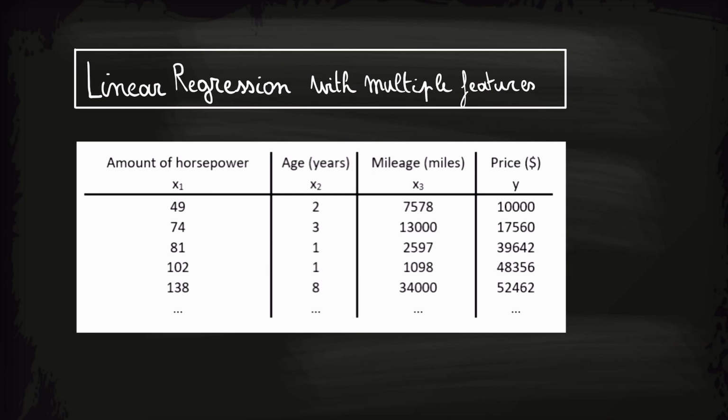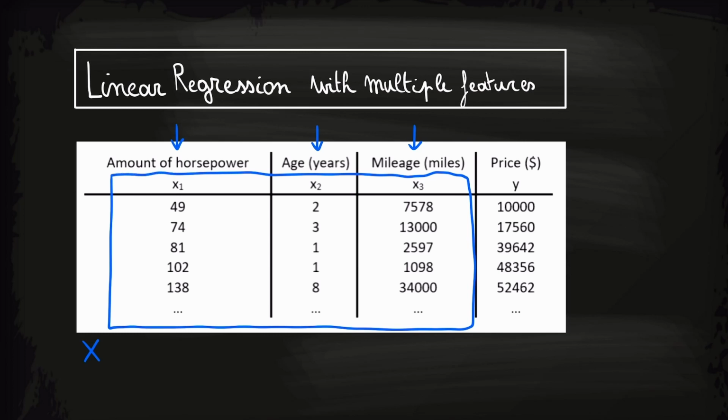Say for example that you want to predict the price of a car based on the amount of horsepower, the age of the car and the mileage of the car. This gives you way more information about the car than we had before and thus will allow us to make more accurate predictions. But before we see how this is done, we need to get familiar with some new terminology. First of all, we no longer can just refer to the input variables as x. X will now be the entire collection of all variables and we denote the specific variables or features with x subscript 1,